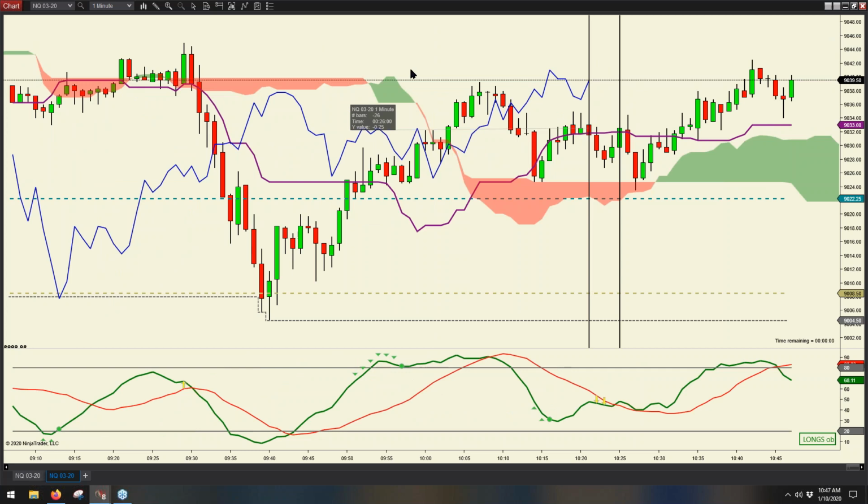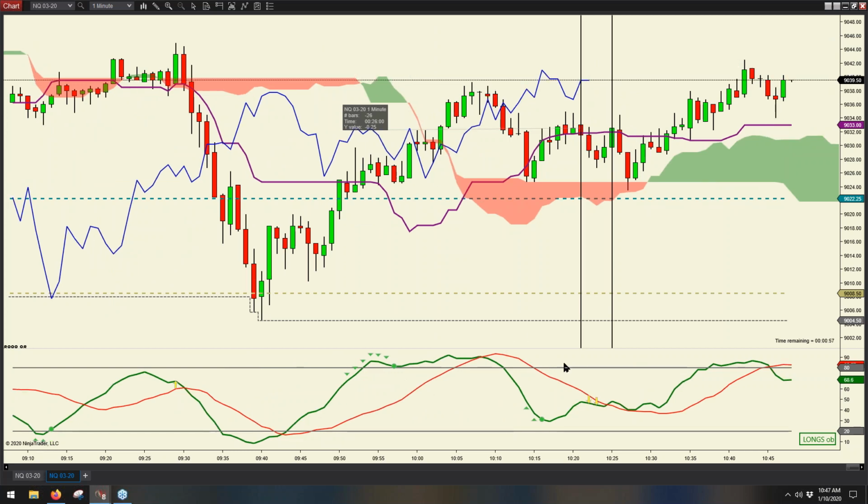All right, so the setup is pretty easy. These are the two stochastics, like I said, that we use for the majority of the setups that I trade on charts that I don't have the Ichimoku components. And a couple great things about the settings that we're using, and Gordon turned us on to this 40-point gapper many years ago, but whenever you get a 40-point gap between these two stochastics, and these are two stochastics overlaid on